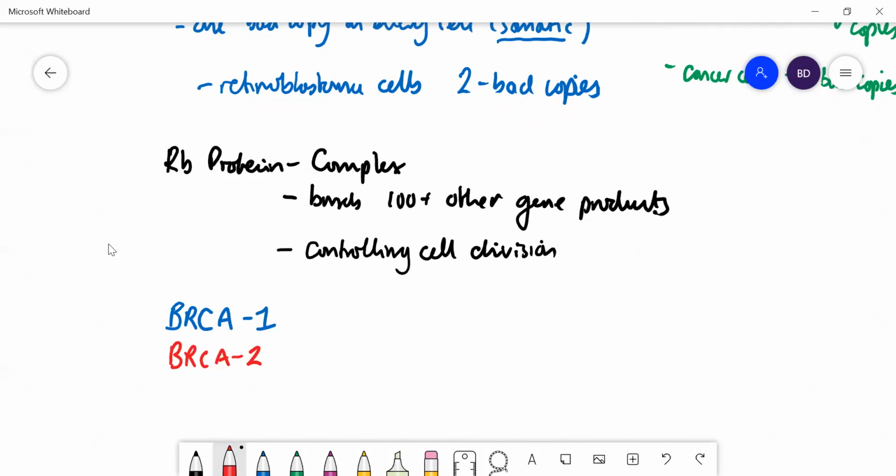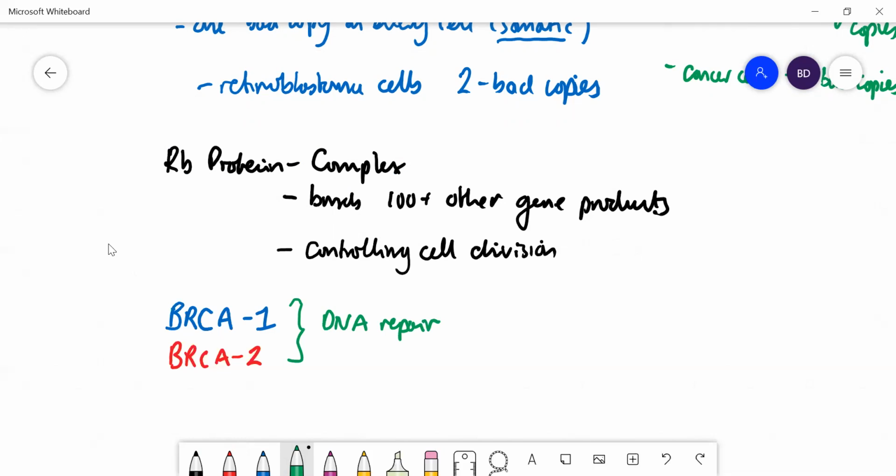And so there are screening projects, I think, and people who have mutations of those genes get regularly tested for those two kinds of cancers. So you've probably heard about them in the news. They are not so much involved in cell division. Apparently, these are involved in DNA repair. So DNA gets broken, gets damaged. They're involved in repairing it.